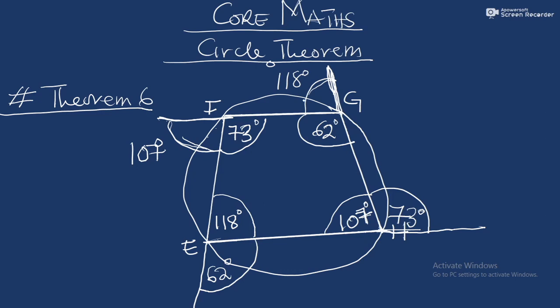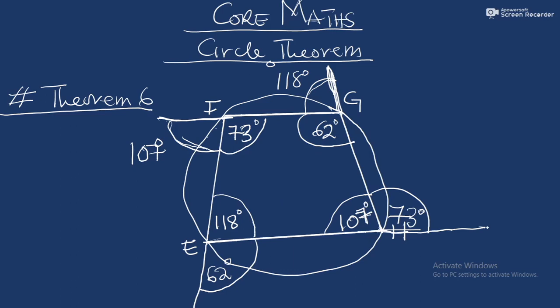What can you say about the angle here and the angle here? Good. You realize that they are also the same. This angle here is 118, and this one is also what? 118. Good. And then finally, when we extended this chord, we had this angle which is 62. So this 62 degrees here is the same as what? The 62 degrees here. Okay, so now what it means is that in a cyclic quadrilateral, if we extend a